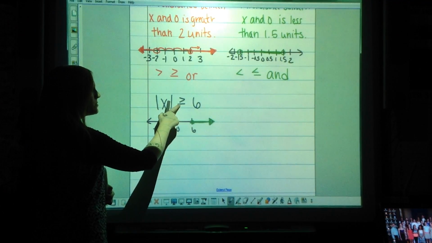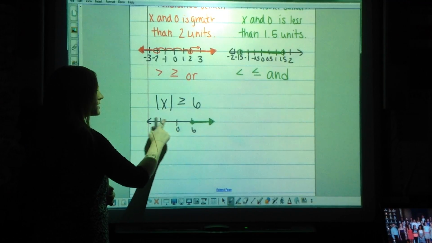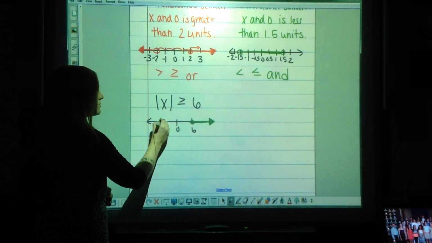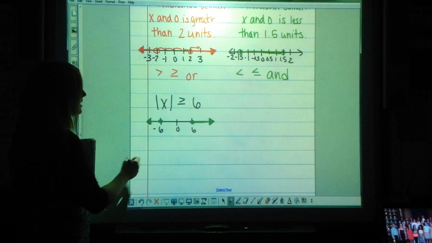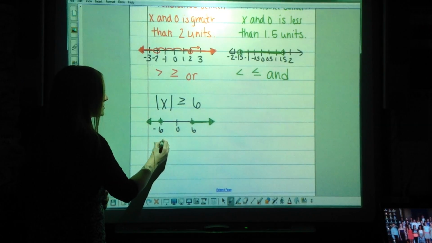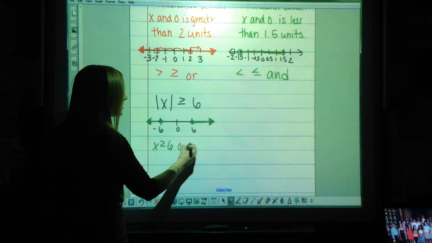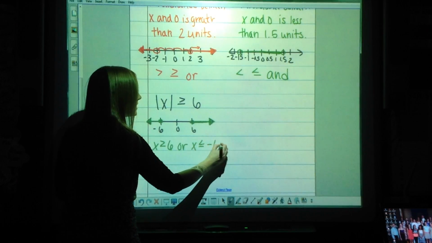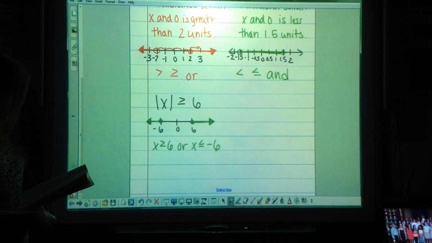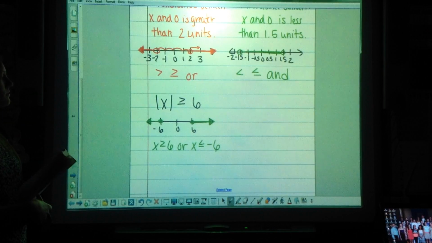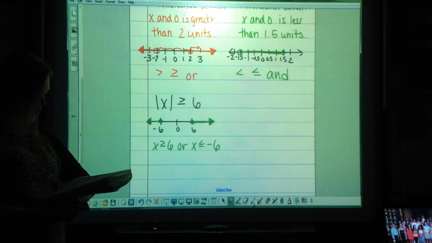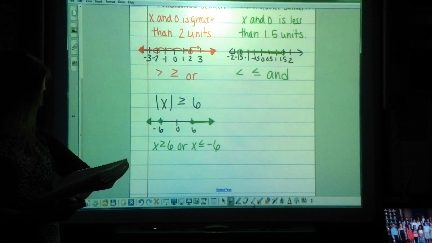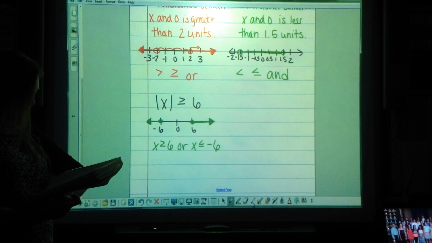The distance has to be greater than or equal to 6 units. So it's got to be bigger than those units. So it's got to be shaded this way. So to write your answer, you're going to say x is greater than or equal to 6 or x is less than or equal to -6. Those are your two answers. Okay, let's try the absolute value